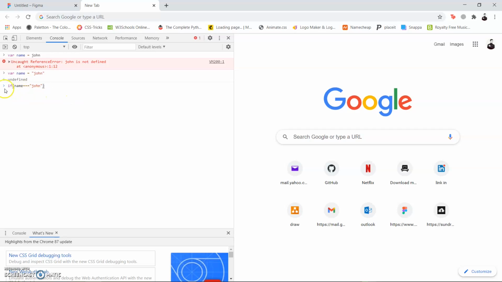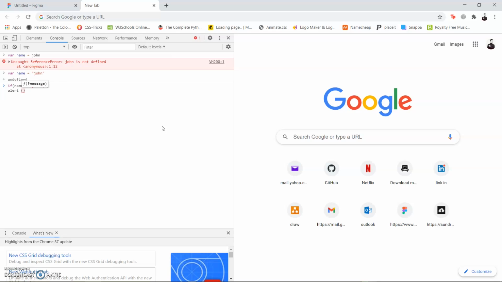And this is just a syntax that you need to remember, like these round brackets and then the curly brackets. It's just how these statements are written. Okay, so then the curly brackets, then I'm going to hold shift and press enter so that the program doesn't get executed. So if the name is equal to John,